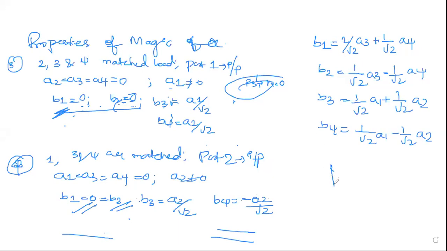This is your H plane. This is your E plane. This is port 1, port 2, this horizontal H plane. If you just tilt it and if you observe the magic T, E plane and H plane can also be swapped: port 1 can act as your H plane, port 2 can act as your E plane, and this will be the other two ports. So anyhow, if you hold and see your magic T, the operations will be the same. Even if you hold it with respect to your E plane and H plane, or you tilt it and hold it, it will give you the same property of H plane and E plane.